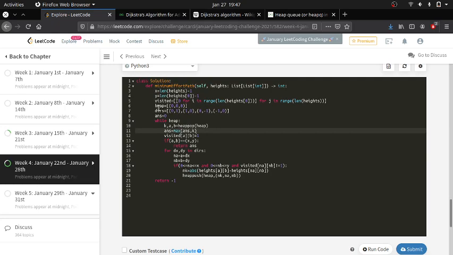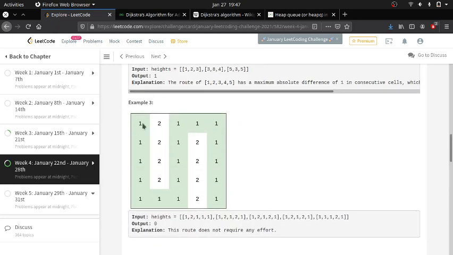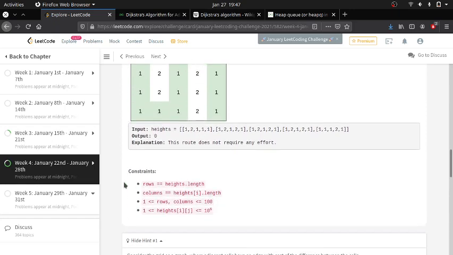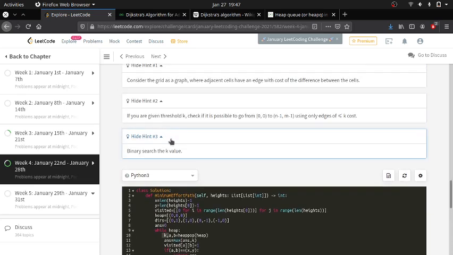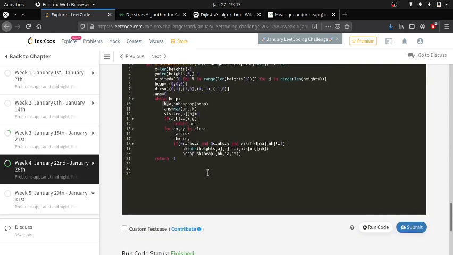So initially it is 0 0 0. Why is it 0 0 0? This element is 0 0, and the effort to reach here is 0, because we are there, we are resting there. Okay, so what I am doing is, don't confuse this with threshold. This is a completely different analysis and algorithm which I have done.